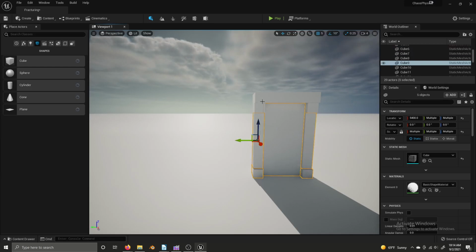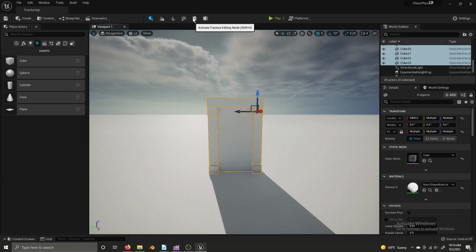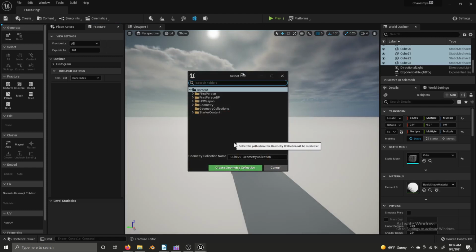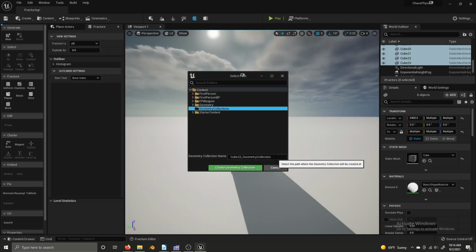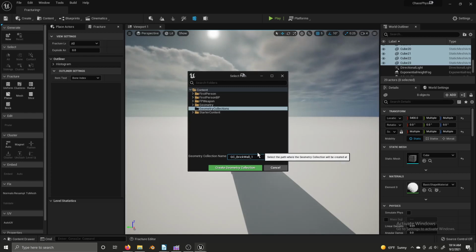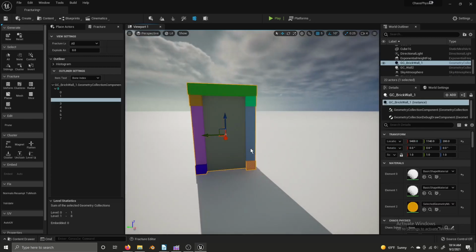And so we can select all of these, and we can make a geometry collection out of them by clicking on the Fracture Editor button and clicking New under Generate over here. I'm going to put it inside of a Geometry Collections folder I've created, and I'll name it brick wall 1. And I'll actually do GC underscore, for geometry collection, brick wall 1. I'll create it, and now we can see that if we are in our fracture editing mode, we can click